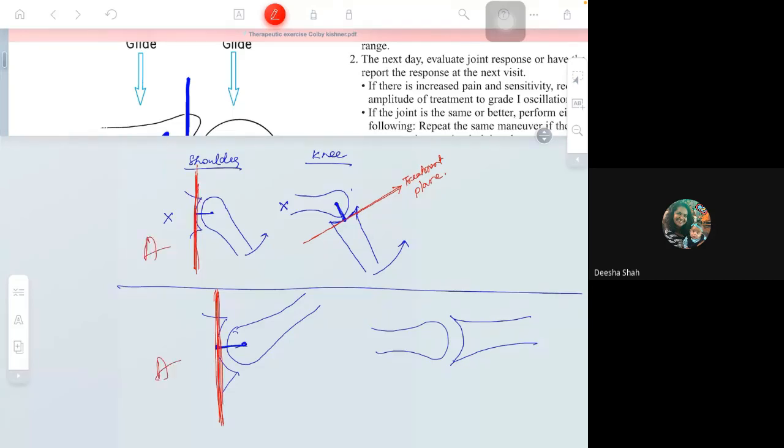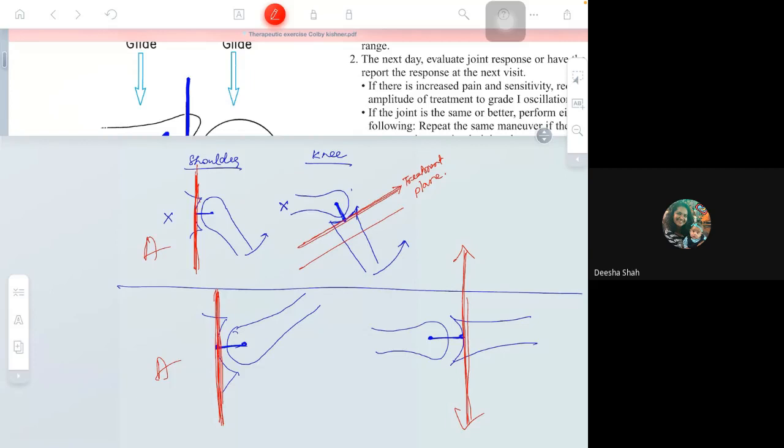Now you see here, the second diagram. This is the axis of rotation. This is the center of the concave partner. Now I am joining this line. Now I am drawing the treatment plane. Clear? This is the treatment plane. Now you see the position of the treatment plane is changed. Previously it was in this direction. Now it is changed. The treatment plane has been changed. So what does it mean?